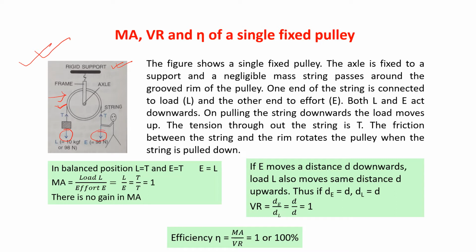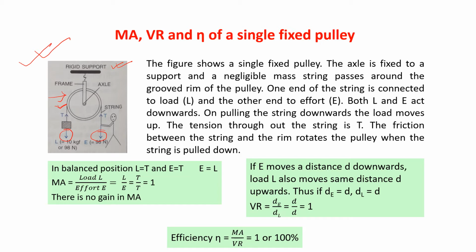is effort. Both load and effort are acting in the downward direction. Now, the string is having a tension on both the sides of the rope, acting in the upward direction. The tension of the rope acting in the upward direction and the downward forces, that is load and effort, balance each other. If the tension of the rope is not there, then because of the downward force acting by load and effort, the rope will come down. So the tension is playing a very important role here.